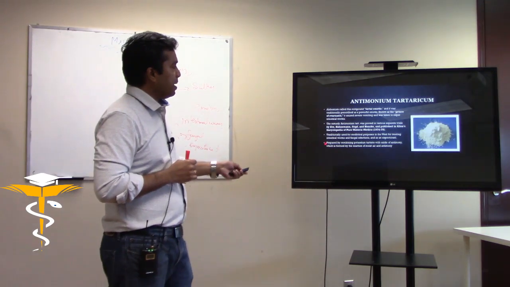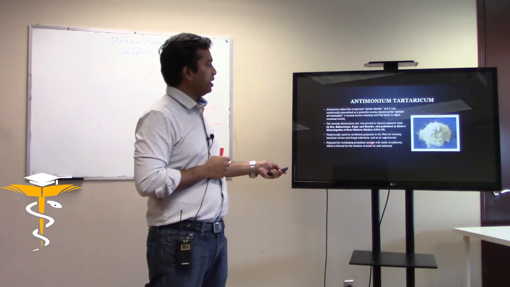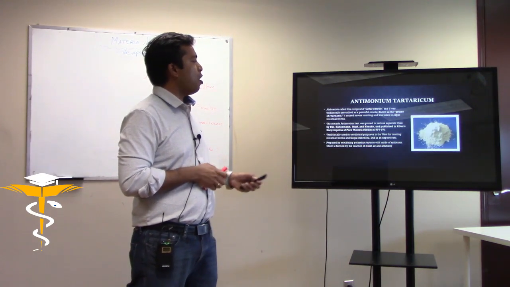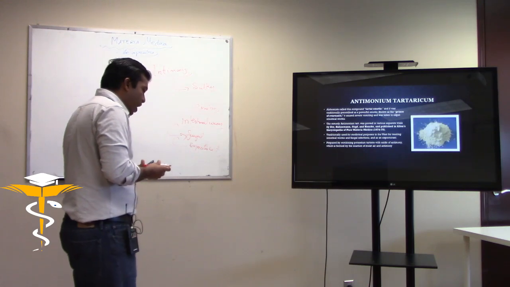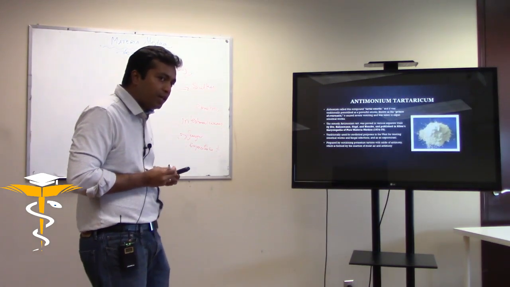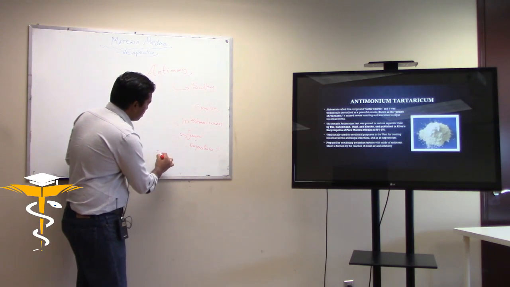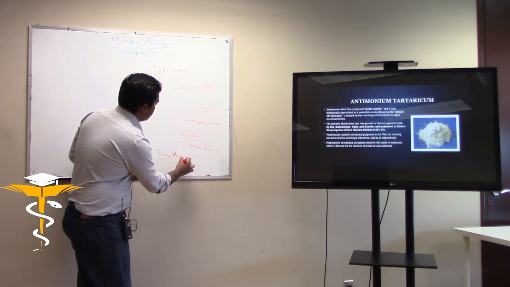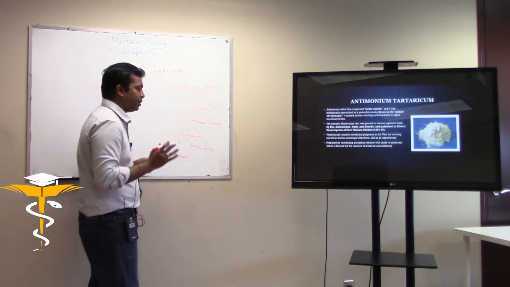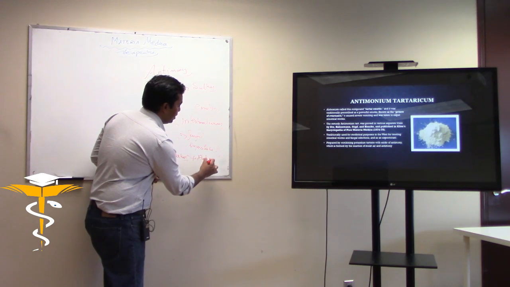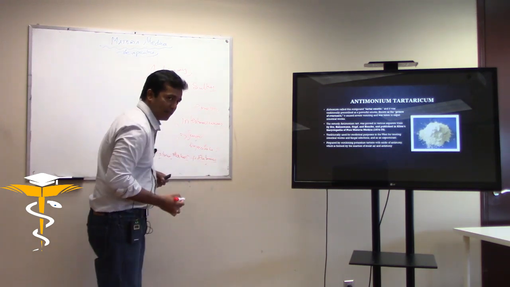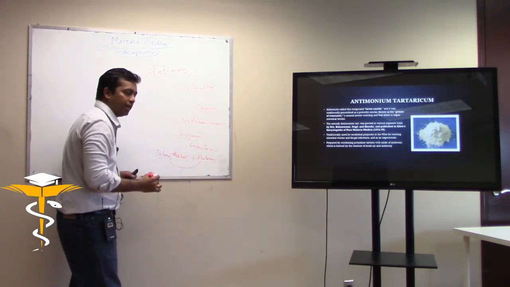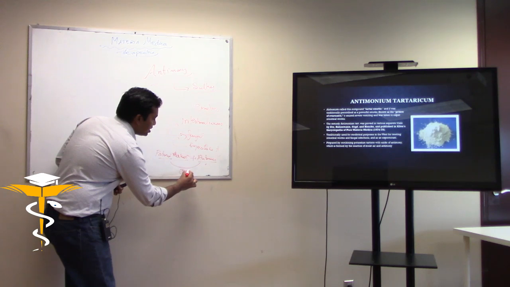So remember this. It is prepared by combining potassium tartrate with oxide of antimony, which is formed in a reaction of moist air. So remember how this remedy is formed. The chemical properties of this remedy are potassium tartrate. Don't worry about this potassium tartrate. Just remember potassium tartrate plus the antimony component, which gave the sulky mood to this drug. But how did these two things combine? Remember that. It got combined in the moist air.